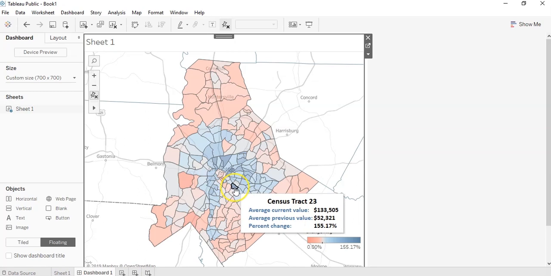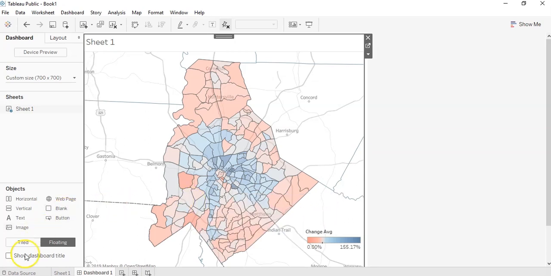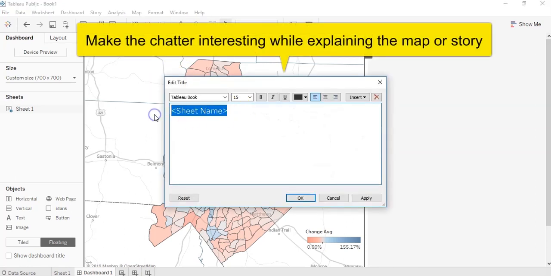Look at this neighborhood down here. That percent change went from $52,000 to $133,000 for a 155% increase on the average home in the past 8 years. That's a lot of change. So I'm going to add a little bit of chatter that says something like that. And again, this chatter I know because I've reported on this story and because I'm familiar with Charlotte. But hopefully by the time you're creating a map from whatever data you're looking at, you're familiar with the topic as well. So I'm going to click on my box and start typing, saying something like